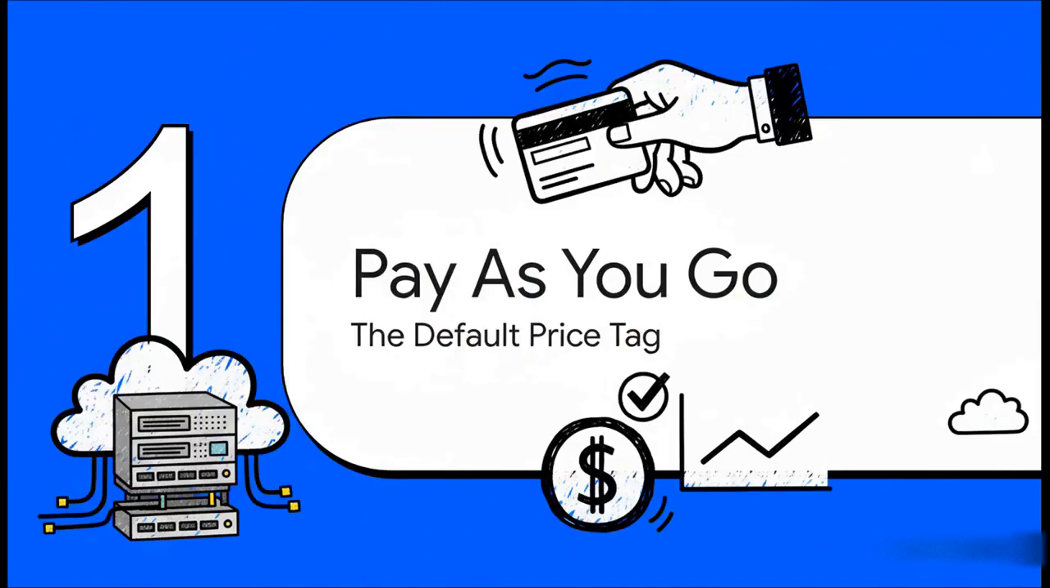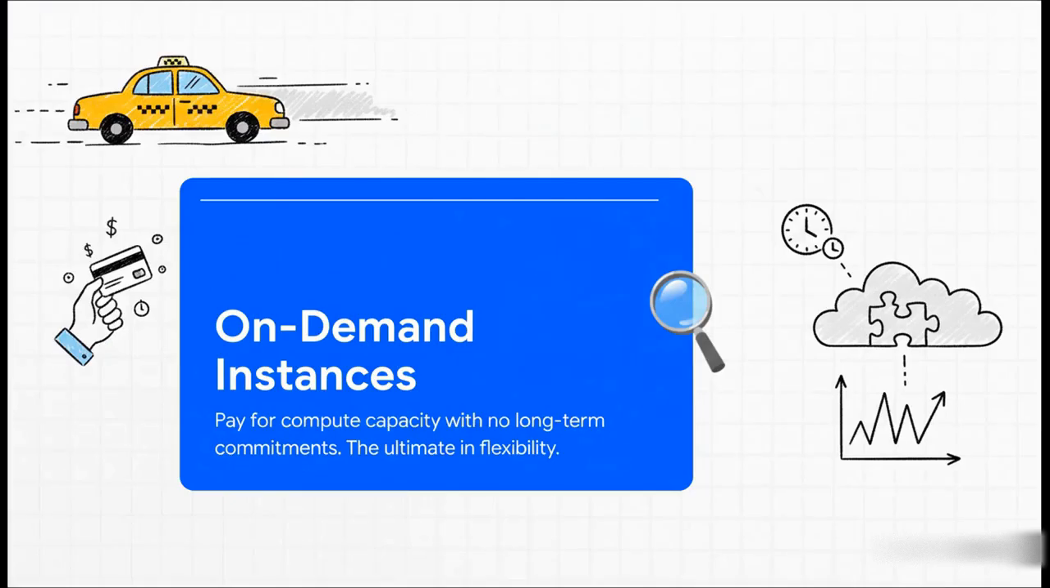Okay, let's kick things off with the option everybody knows, the default, pay-as-you-go. This is what AWS calls on-demand instances. Think of it as the sticker price you see when you first go to launch a server. The best way to think about this is like hailing a taxi. It is perfect when you need a ride right now for a trip, but you're not sure how long it's going to be. You pay for exactly what you use, right down to the second, and there are absolutely zero